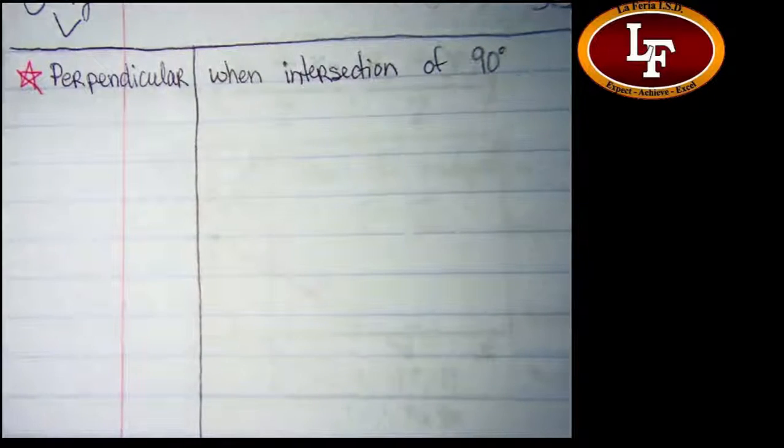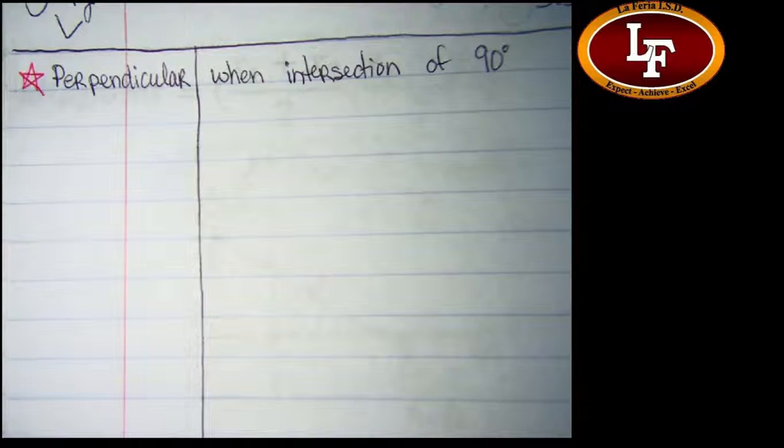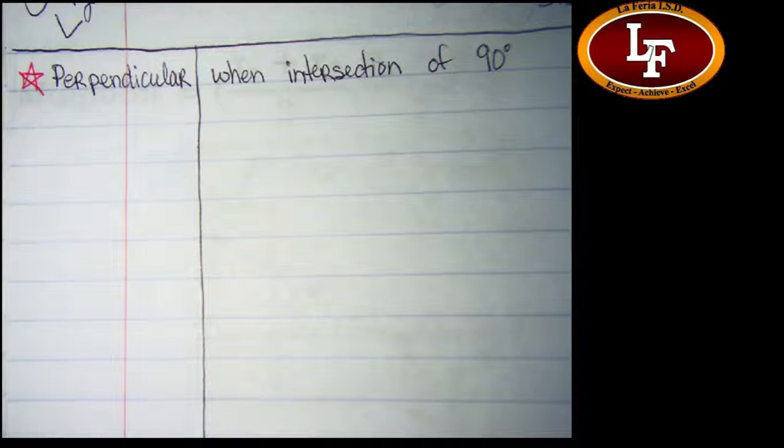When we have an intersection of 90 degrees, and the intersection of anything, it could be two lines, as you guys are used to. We could have two planes do this. We can start having weird things like a triangle and a square intersect at a perpendicular. And we'll get into those. When we start looking at the different figures, you'll see these triangles and squares intersecting and forming some perpendicular places.